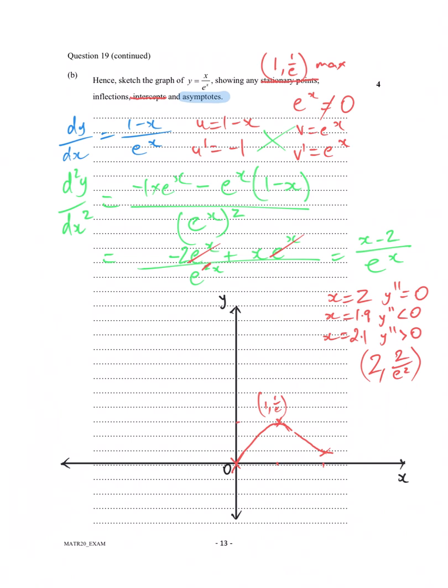But the other place to check here is, what's going to happen when x is really, really big? When it's positive and really, really big, and when it's negative. So what's going to be happening over here, and over here on my graph? As I consider that, let's just put in a big number. Let's pick 20. When I substitute in x equals 20, my y value is going to be 20 over e to the 20. Well, 20 is a big number, but e to the 20 is an astronomically large number. So 20 over an astronomically large number is basically 0,